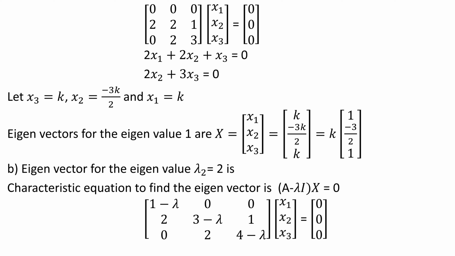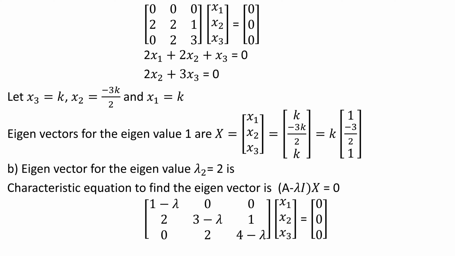So after substituting lambda is equal to 1 in the last equation from the previous slide, that will become the matrix [0 0 0; 0 2 2; 1 0 2 3]... into x1 x2 x3 is equal to 0 0 0. So from here it will be 2x1 plus 2x2 plus x3 is equal to 0, and 2x2 plus 3x3 is equal to 0. Let us take x3 is equal to k, so x2 will be minus 3k by 2 and